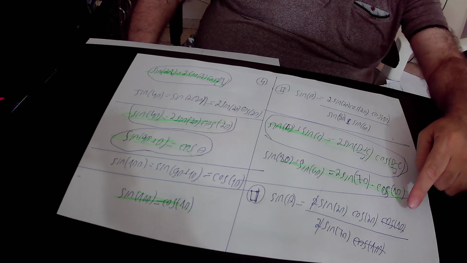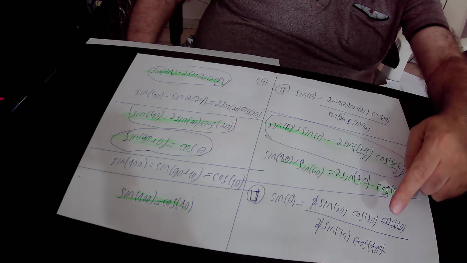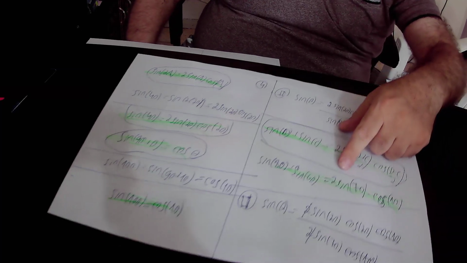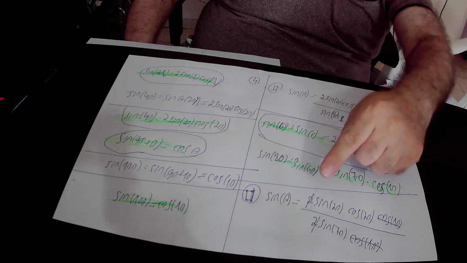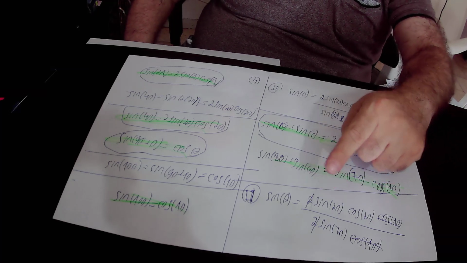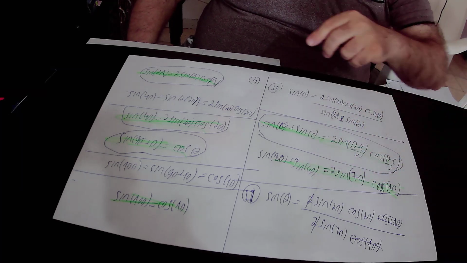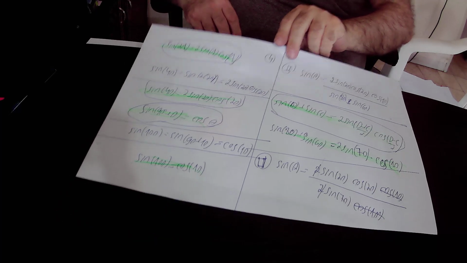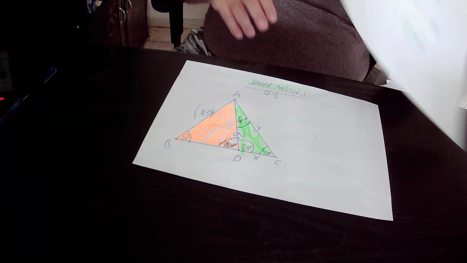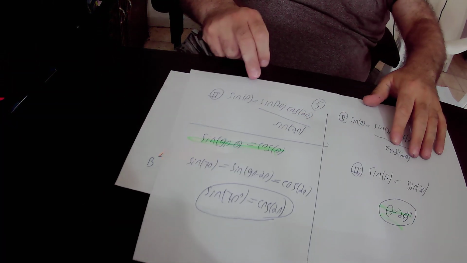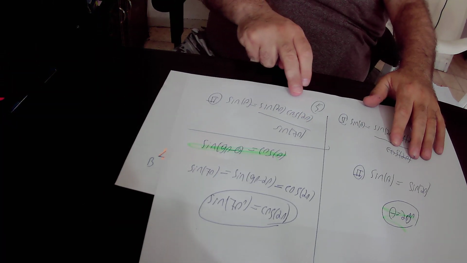Here we have cosine 10 degrees in the numerator and in the denominator, so cosine 10 degrees gets cancelled. We have 2 in the numerator and 2 in the denominator, so 2 also gets cancelled. And finally we are left with, according to equation number 2, sin theta equals sin 20 degrees times cosine 20 degrees